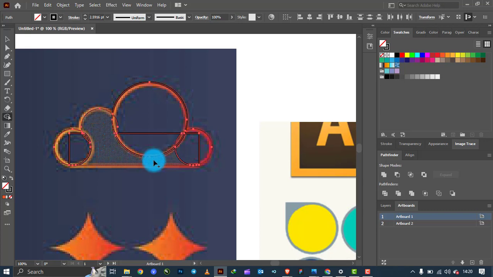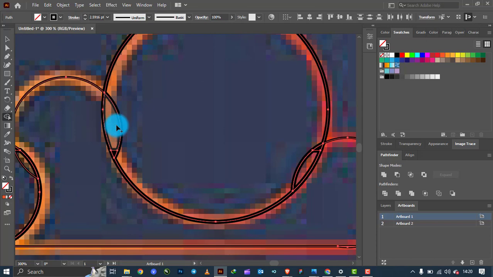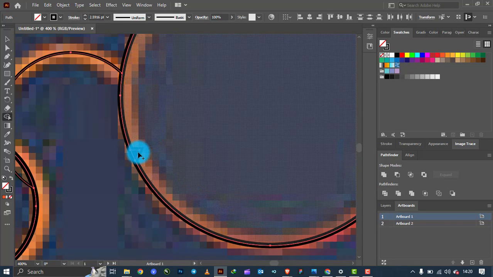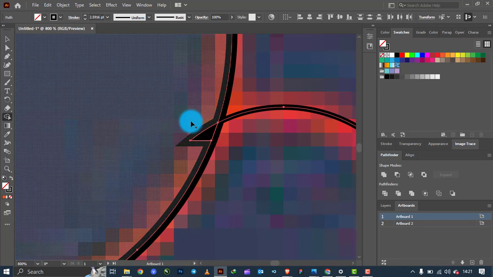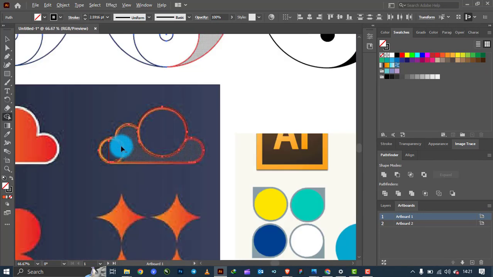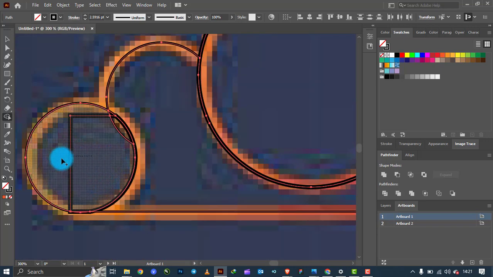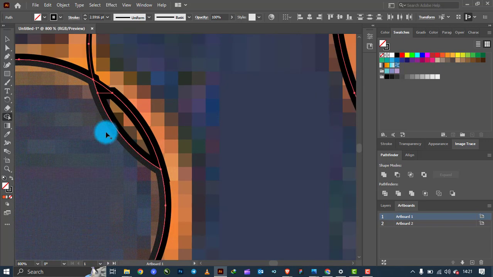Now we have that. Click and drag here, click and drag. Yeah, we have that. Nice. What else? Here, yeah, click and drag. Yeah, ensure you join all shapes that are not supposed to be there. Yeah, we're going to join this one. We're also going to join this one. Just click and drag along those shapes. Click and drag,